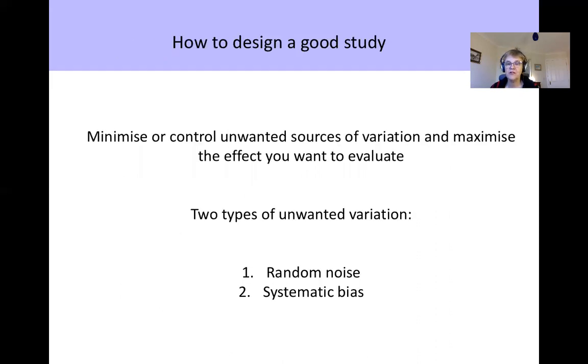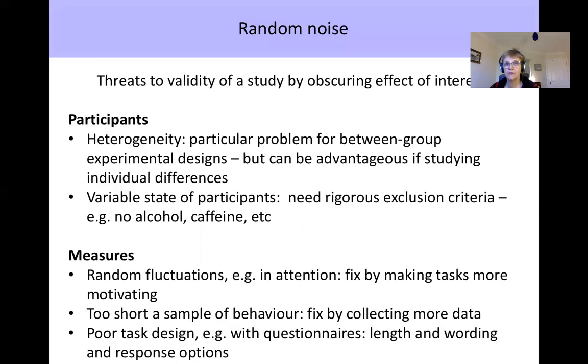If you want to design a good study, the basic goal is to minimize or control unwanted sources of variation and maximize the effect you want to evaluate. And when you're thinking about unwanted variation, it could be random noise or it could be systematic bias, both of which are undesirable. Random noise provides threats to validity because it just adds slop, noise to your observations, and these can obscure the